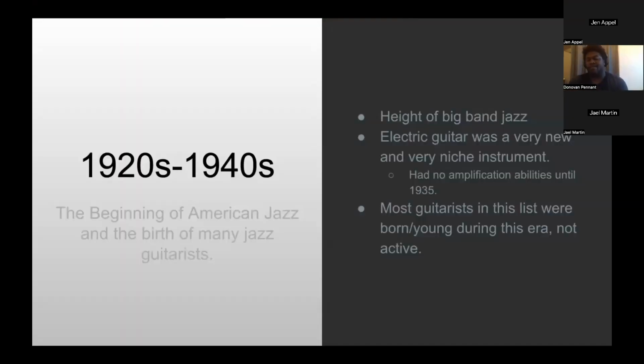A lot of how I covered things were starting all the way from the 1920s all the way up to current. Starting with the 1920s, it was where big band jazz and also regular jazz in general, for American anyway, was started. And for